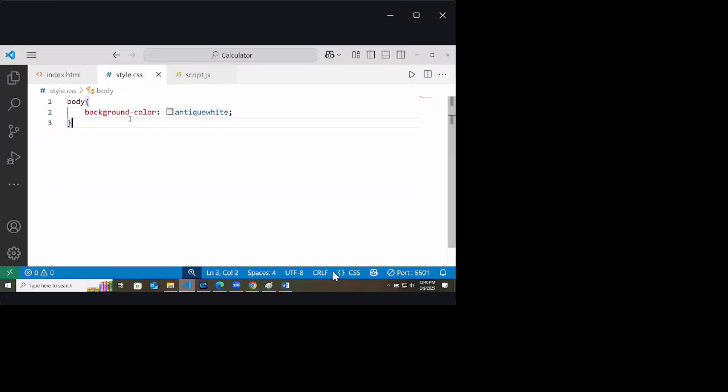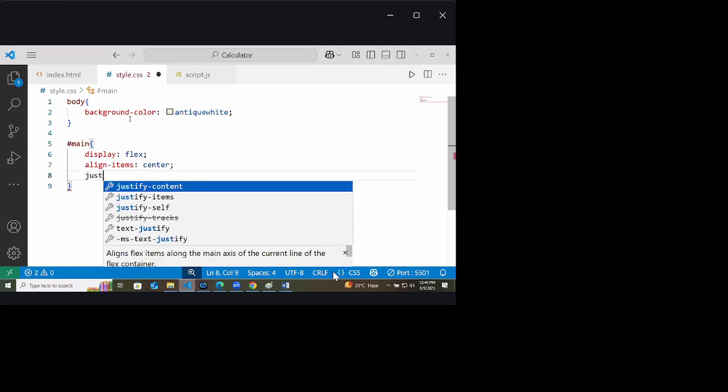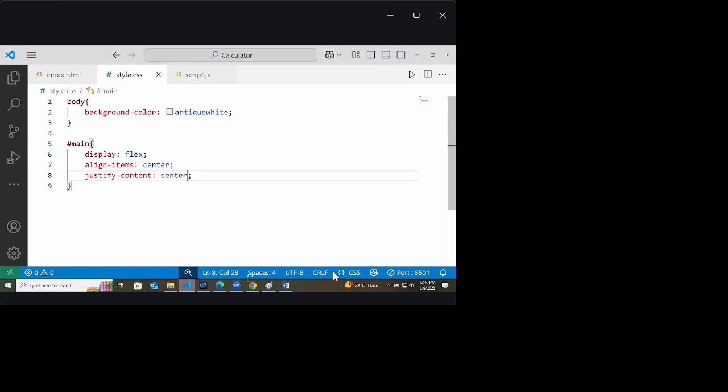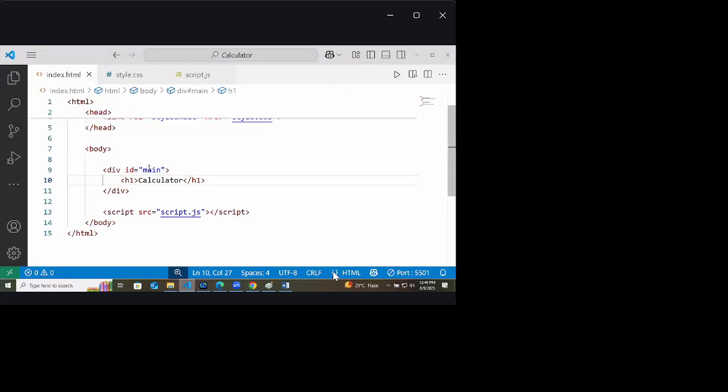Just the basic things that are required every time: display flex, align items center, justify content center. So we got this heading here. Okay, now we will prepare the calculator.